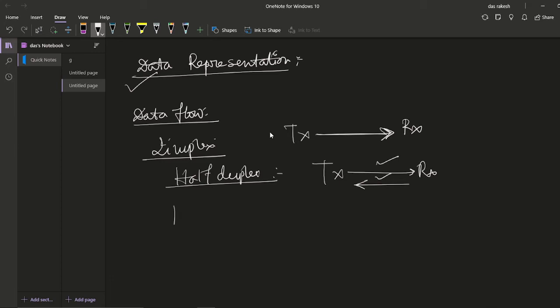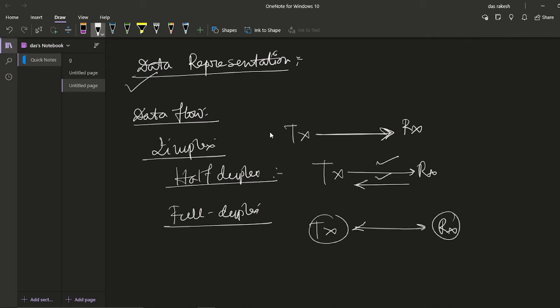Now what is full duplex communication? In a full duplex communication format, the transmitter and receiver communicate bidirectionally at the same time. That is a much more important term. In full duplex, both stations can transmit and receive simultaneously. Full duplex mode is like a two-way street with traffic flowing in both directions at the same time. These are the advantages of full duplex communication over simplex and half duplex communication.